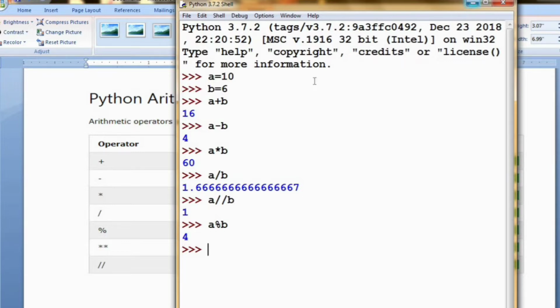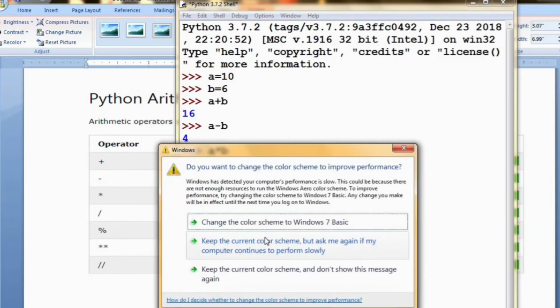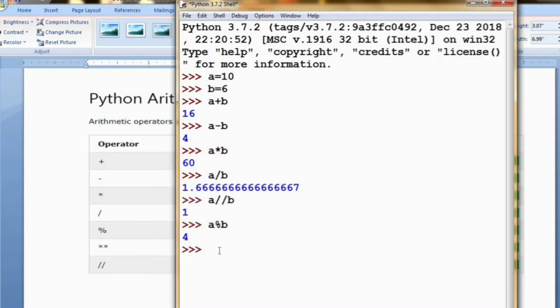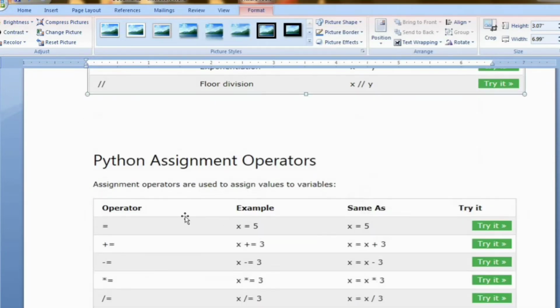Okay, next we are moving to the assignment operators. Here itself I have used the assignment operator equal to. Now other than equal to, we are using more assignment operators. Let's see what they are. See here, assignment operators are used to assign values to the variables.